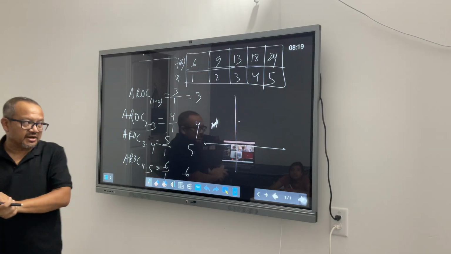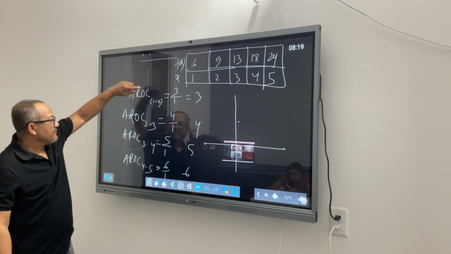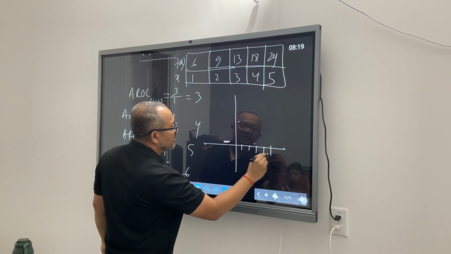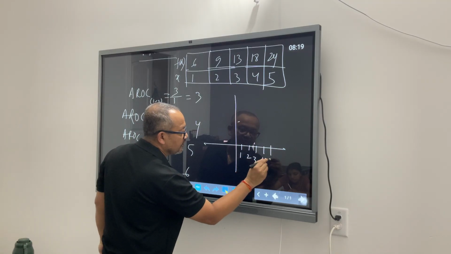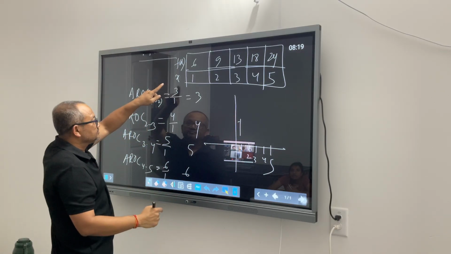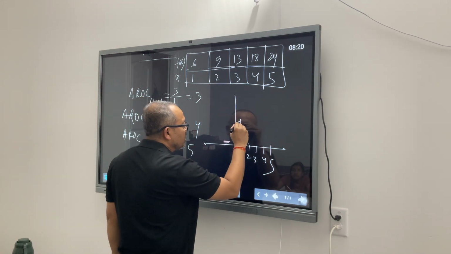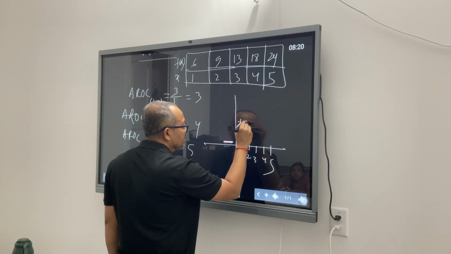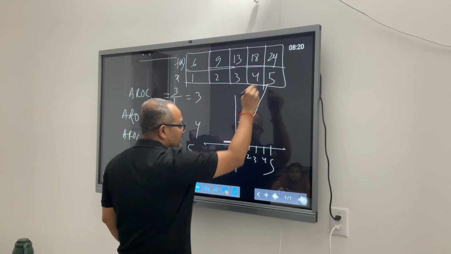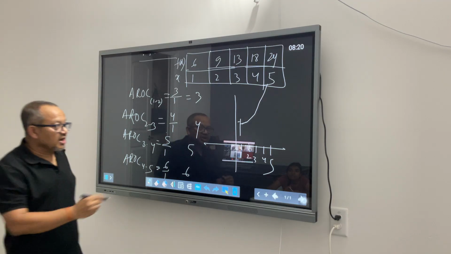Okay. So what I'm trying to say here is, let's first look at what is happening here. Let's say we are looking at 1 to 2. This is 1. This is 2. This is 3, 4, 5. From 1 to 2, this slope was less. Slope increased. It further increased. It further increased.